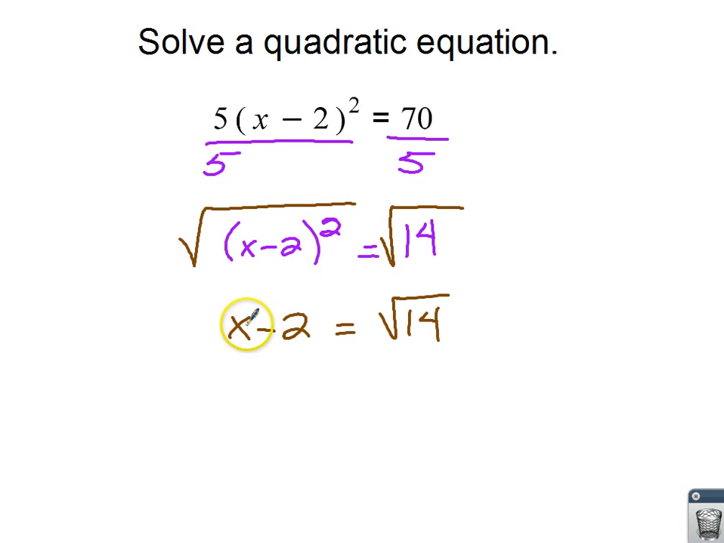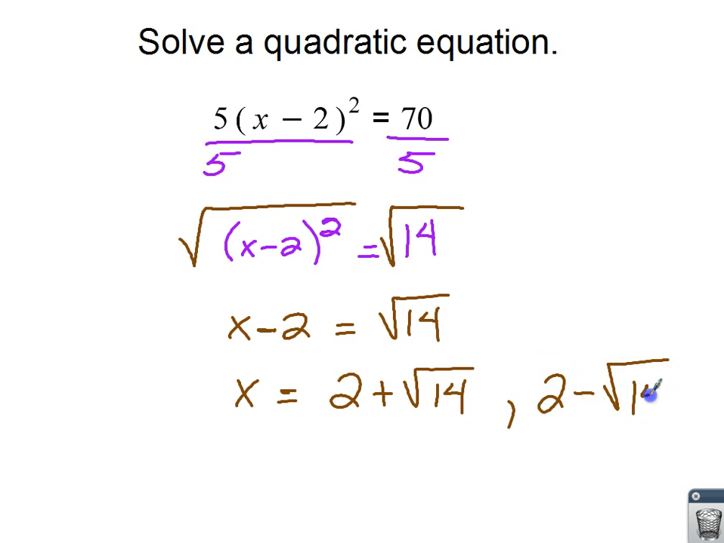So how do you get x by itself? Well, we're going to have to add 2 to both sides. So x will be equal to, let's see, 2 is going to be positive when I put it on the other side. So 2 plus the square root of 14. And then don't forget, the square root of 14 is going to have 2 roots, the positive root and the negative root. So now we need another situation where x is going to also be equal to